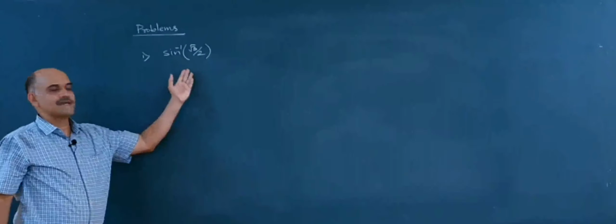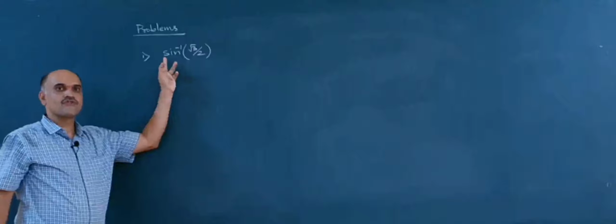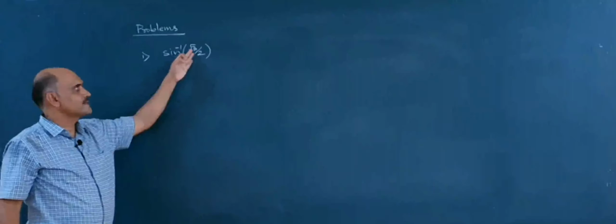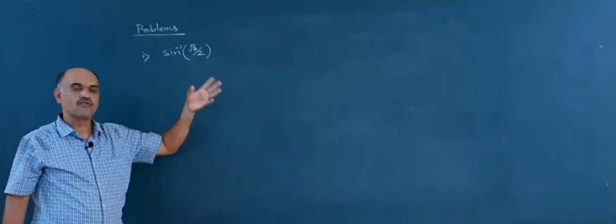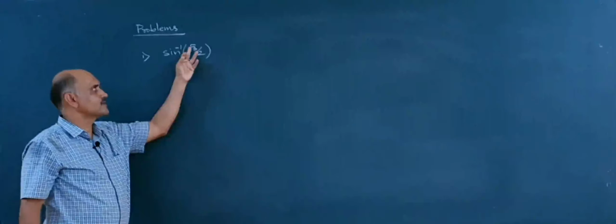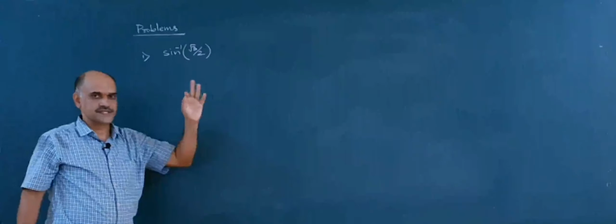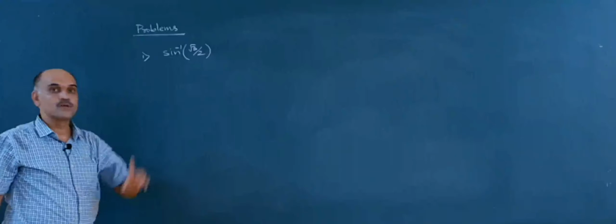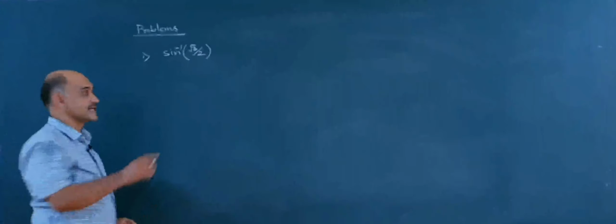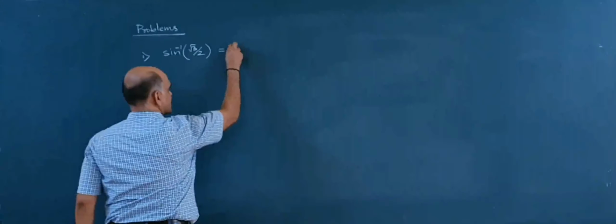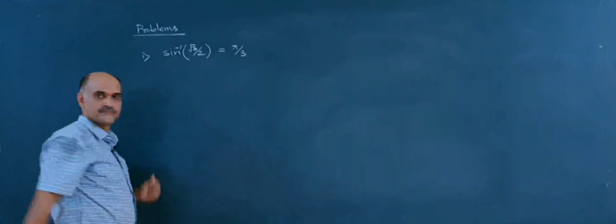So now directly we are required to write the angle. So for what angle will sin theta be root 3 by 2? For what value of theta will you get root 3 by 2? 60 degree. But here you are required to compulsorily write it in radian. So this is nothing but pi by 3.